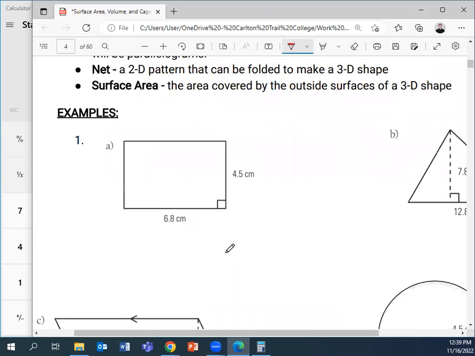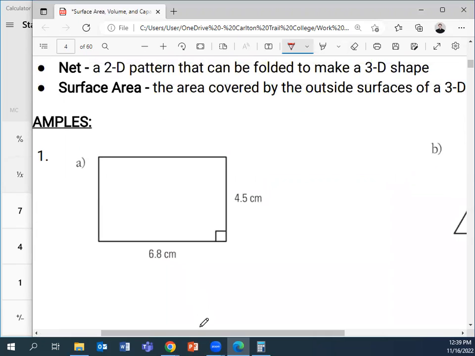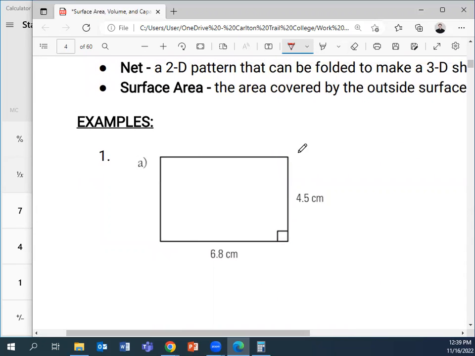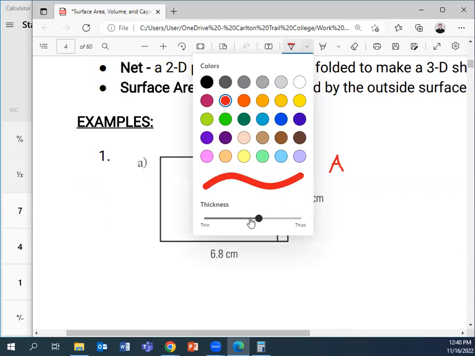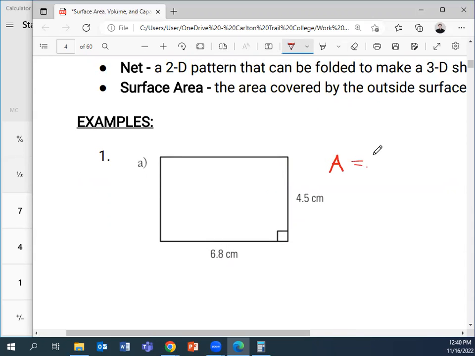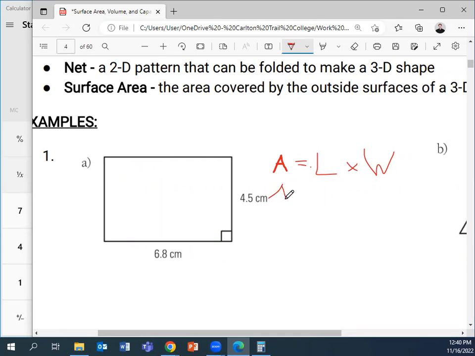So if I were to do this first one here, first off, what shape is it? It's a rectangle, right? So in this case, what's my formula to find the area of a rectangle? Yeah, area equals length times width. Does that make sense, where I'm getting this A, L, and W? Again, we're lazy, so we use those instead of the full thing, because that would suck to write out. Okay, so my area, A, is equal to my length, which is L,